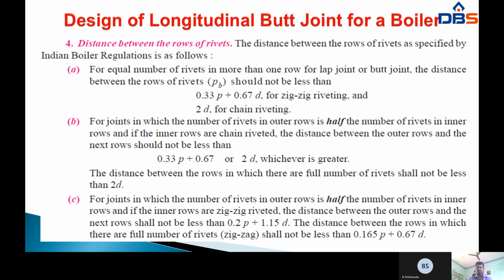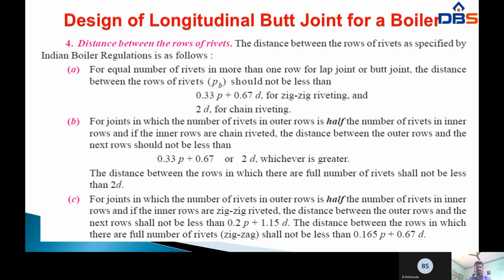The distance between the rows of rivets as specified by the Indian boiler regulations. These formulas are all available in the data book. Next, for an equal number of rivets in more than one row per lap joint or butt joint, the distance